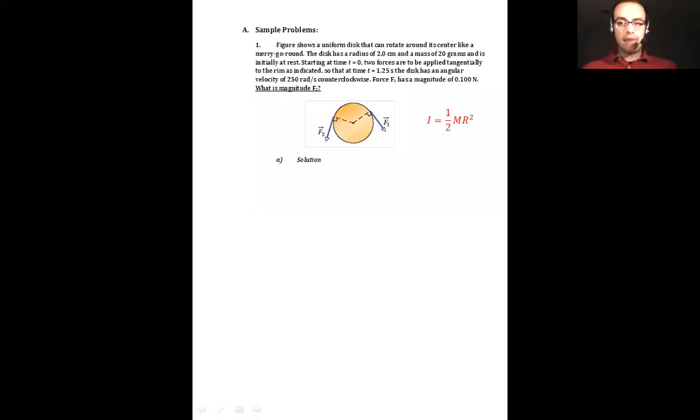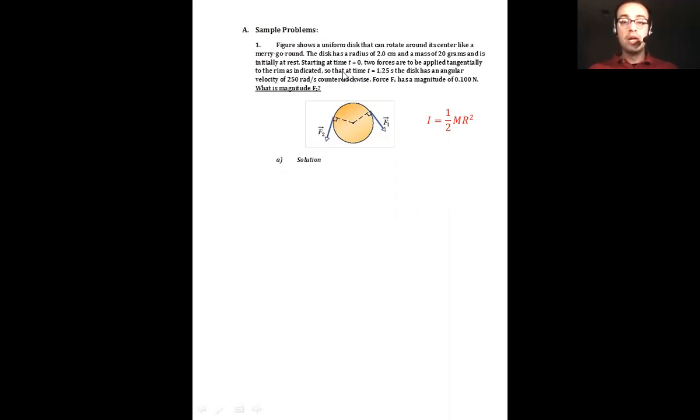So now that we have this definition of torque and we have this entire sort of toolkit, let's put it to use in some sample problems. So in this problem, we have a figure which is showing a uniform disk that can rotate around its center like a merry-go-round. The disk has a radius of 2.0 centimeters and a mass of 20 grams and is initially